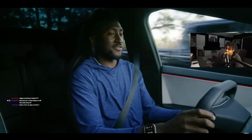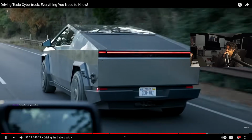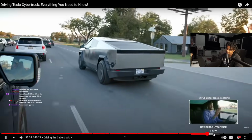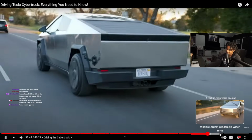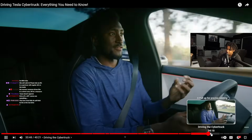Now we're on a bit of a crazier road. Holy, that's crazy. Actually, the suspension is pretty firm right now, and there is a large delta between the firmest suspension and the softest suspension that you can have. The body itself, thanks to the stainless steel, thanks to the way it's built, is very, very torsionally stiff. It's very rigid, and so all of that effort to be either soft or firm...